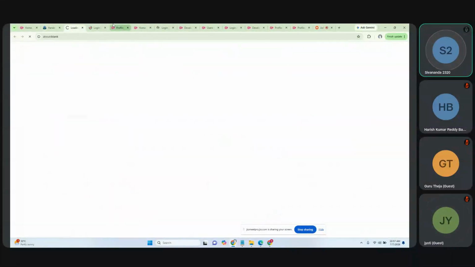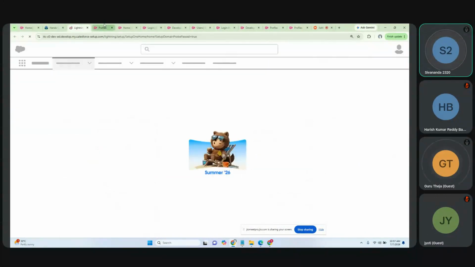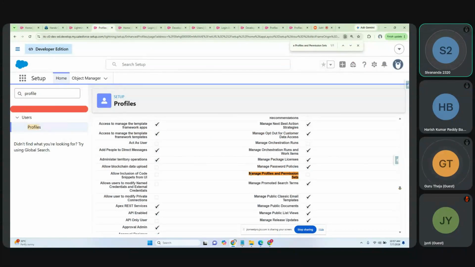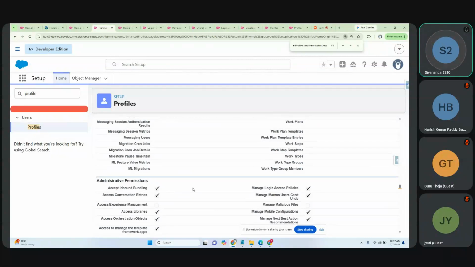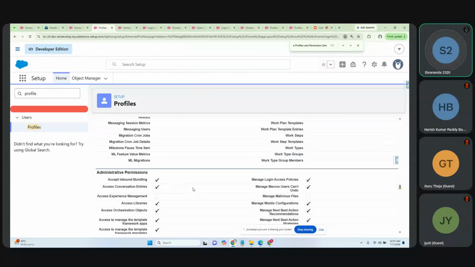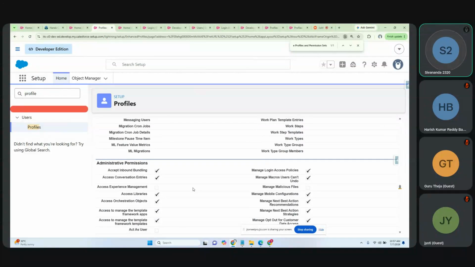Guys, please let me know, no confusion on this checkbox? Okay. So like this, for each and everything, we have separate checkboxes. These things we will call the administrative permissions. You don't need to remember each and everything in your mind, but when you see it,